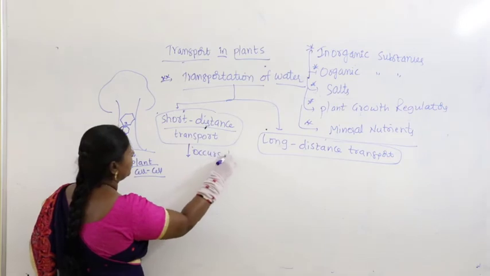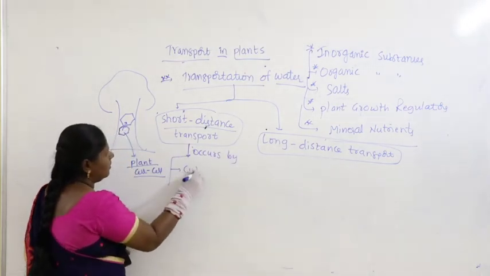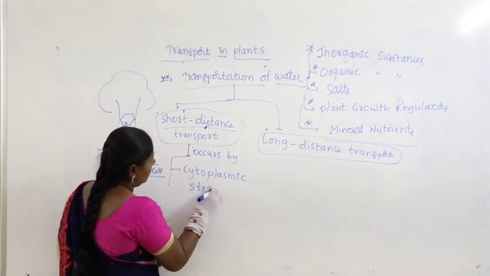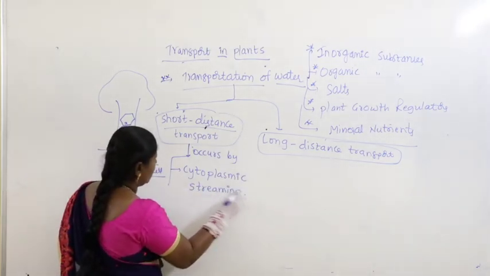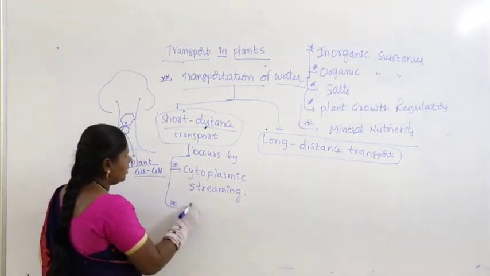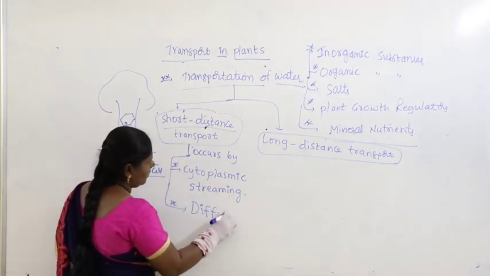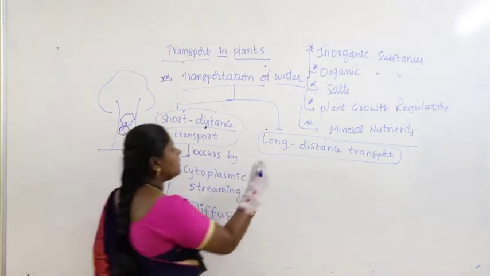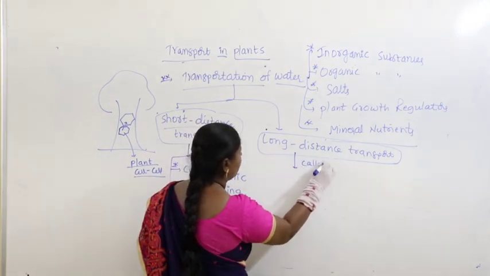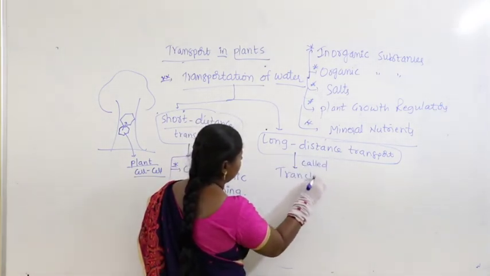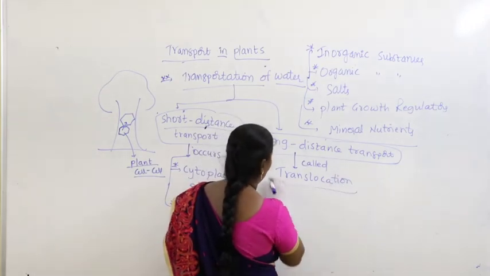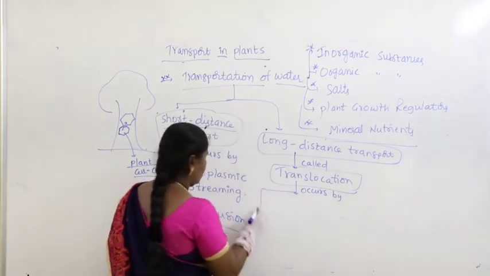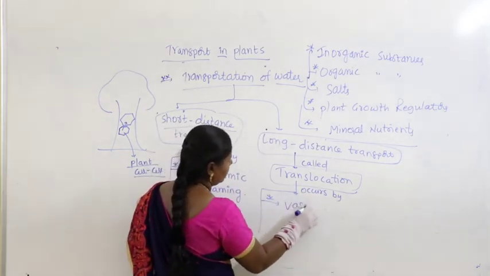It occurs by cytoplasmic streaming or by the method called diffusion. We will discuss what they are. Similarly, long distance transport is called translocation. It occurs by, so what we say,